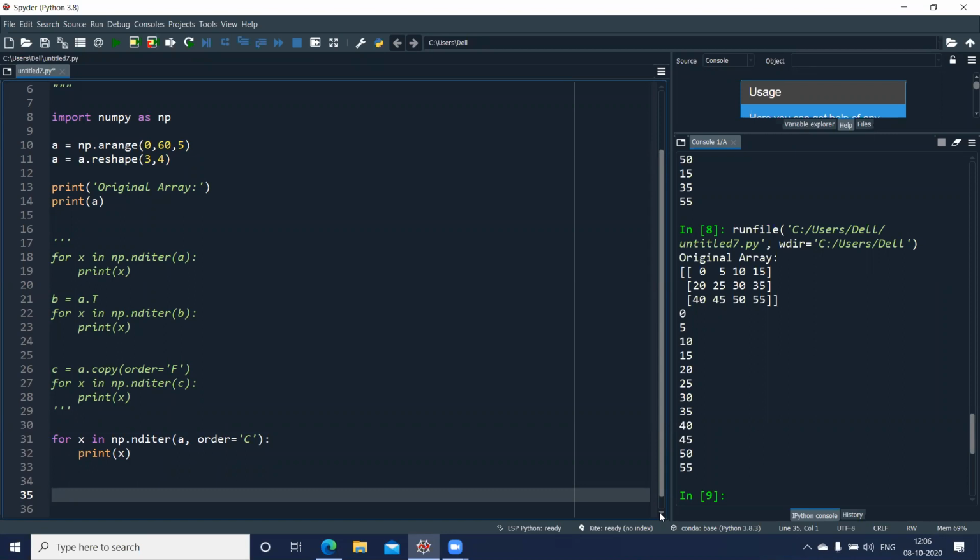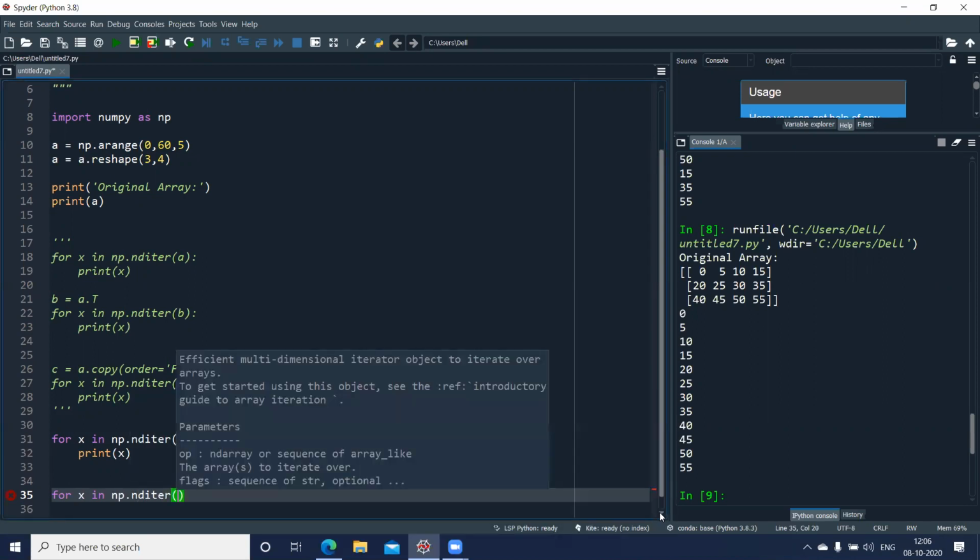Okay, so I'll use a for loop here again. And now inside the for loop, I'll mention np.nditer. Inside this, I'll mention the op_flags option, and I'll keep the mode as read-write.